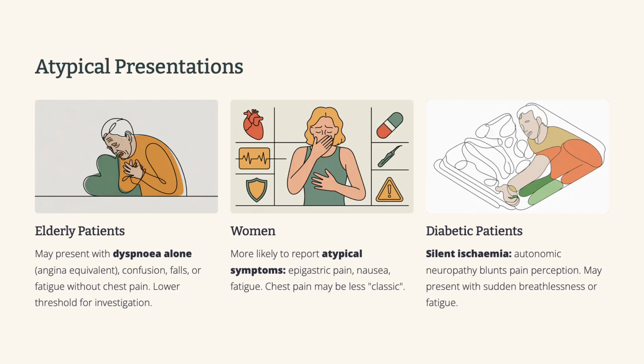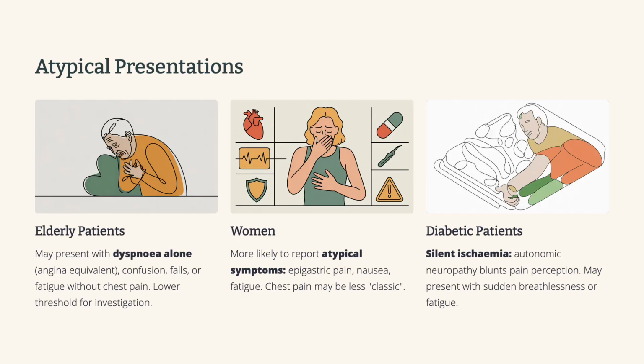Okay, so we've covered the types of angina, the risk factors, how it presents in patients. What's next in the diagnostic process? How do we confirm a suspected case of angina? Right, so we're suspecting angina based on what the patient's telling us and what we're seeing, but we need to back that up with some solid evidence. Exactly. We need to confirm the diagnosis, and that's where investigations come in.